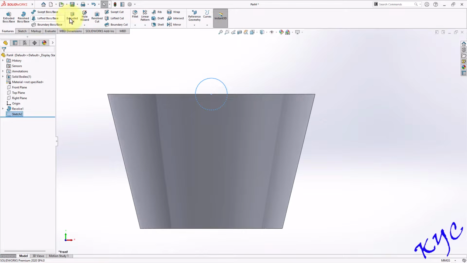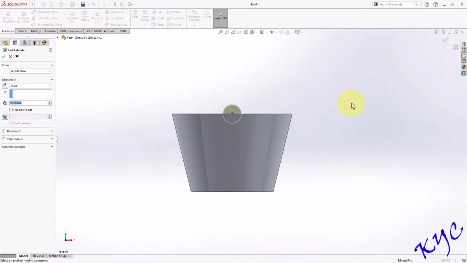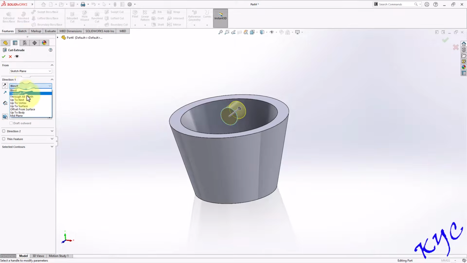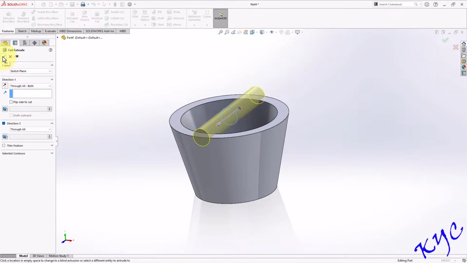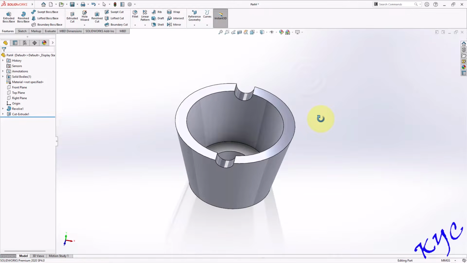Exit sketch. Now you go to extrude cut, and extrude cut both the directions. Through all, both the directions, click OK. The same thing can be done with respect to the right plane. That is, go to right plane, draw a circle, extrude cut. Or if you want, you can always go for